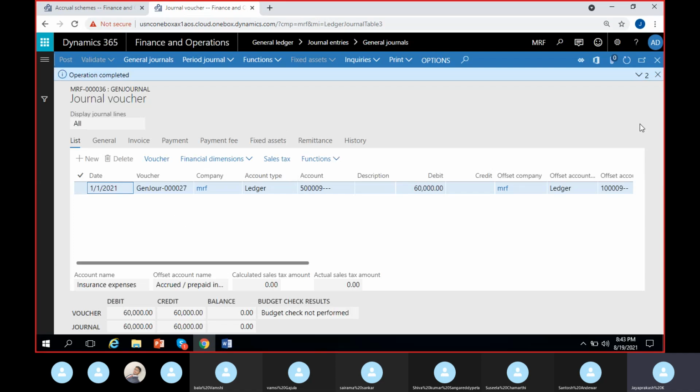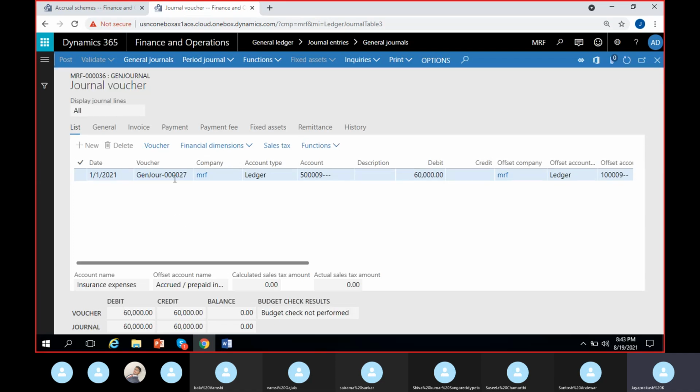See, I posted it. Once I posted it, I can see the voucher here, how it is posted. So if I click on voucher,